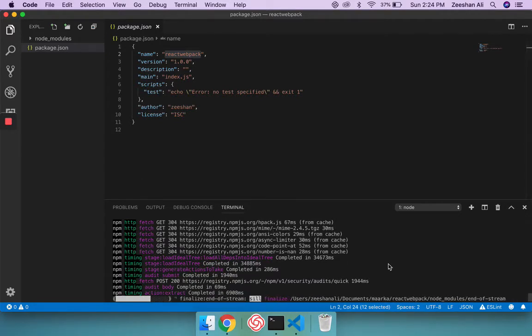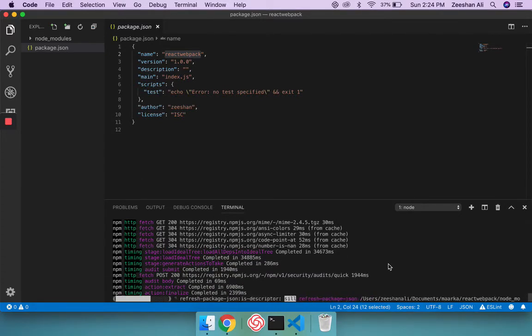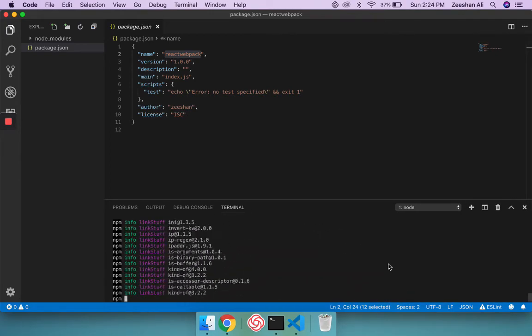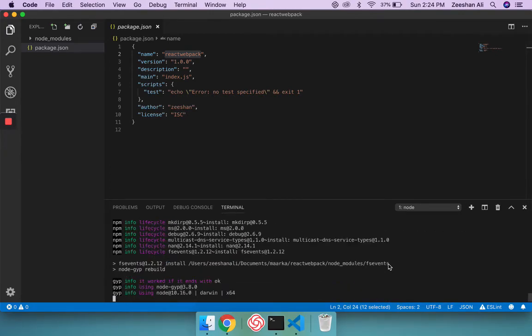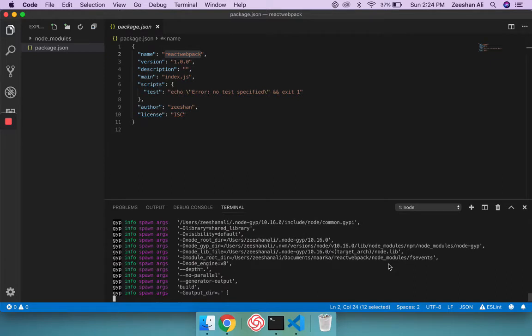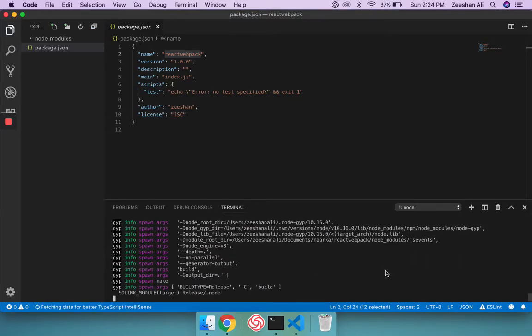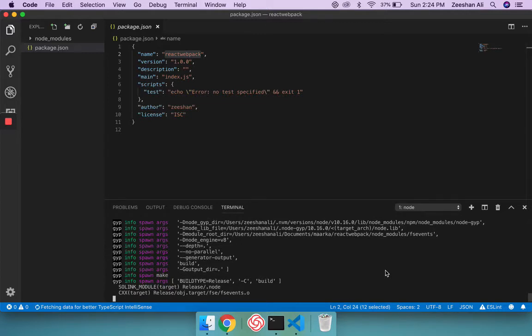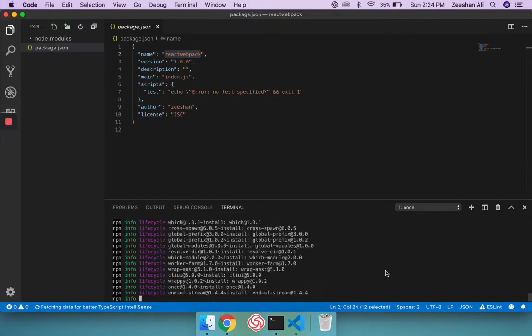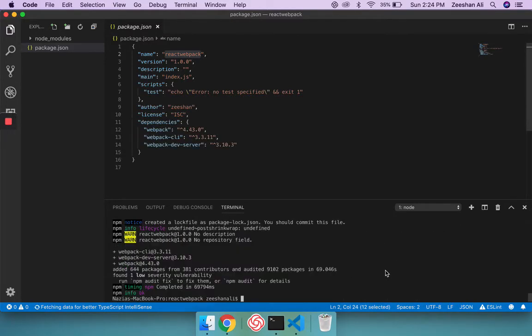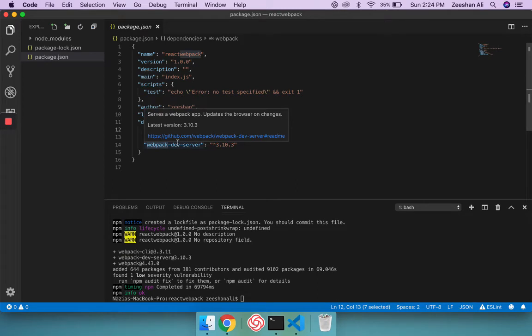After this, the next step is to pull in the React package and React DOM. We will do that in a moment. So yeah, we have Webpack CLI, and we have